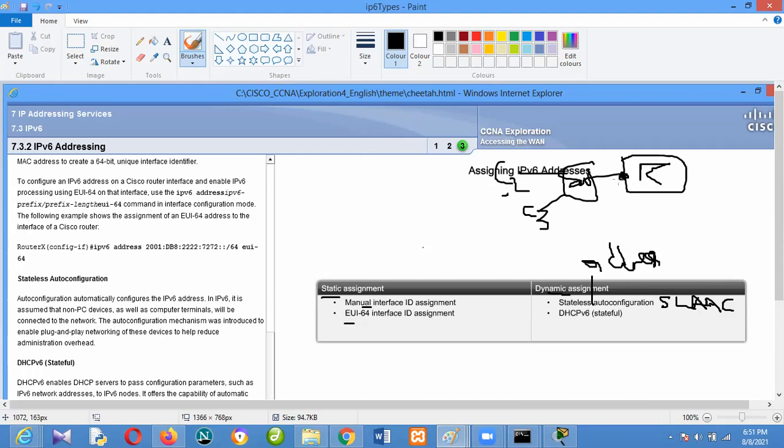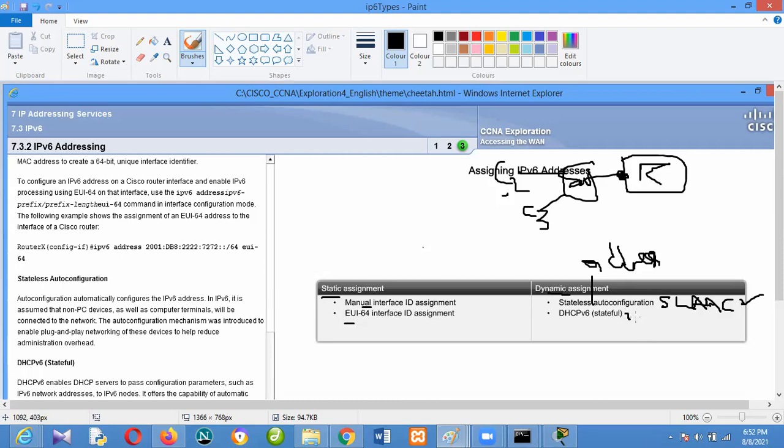Anybody that needs an IP address can get it from the router without me configuring anything. And that method is this SLAAC. And the router does not keep record of who has an IP address. It doesn't keep record of IP addresses it has given out.